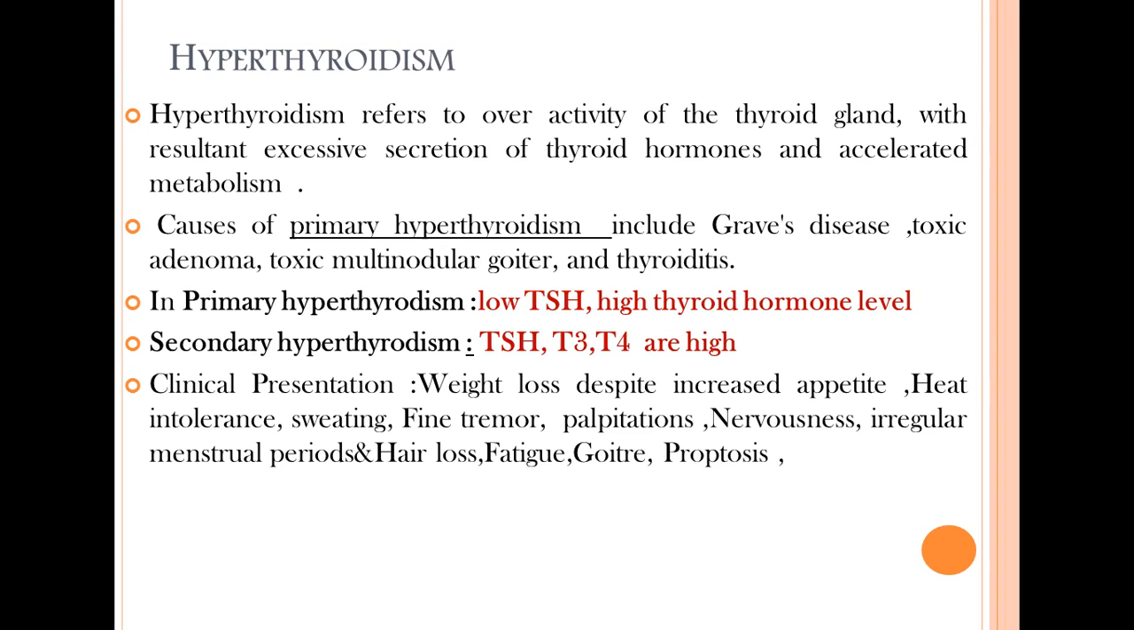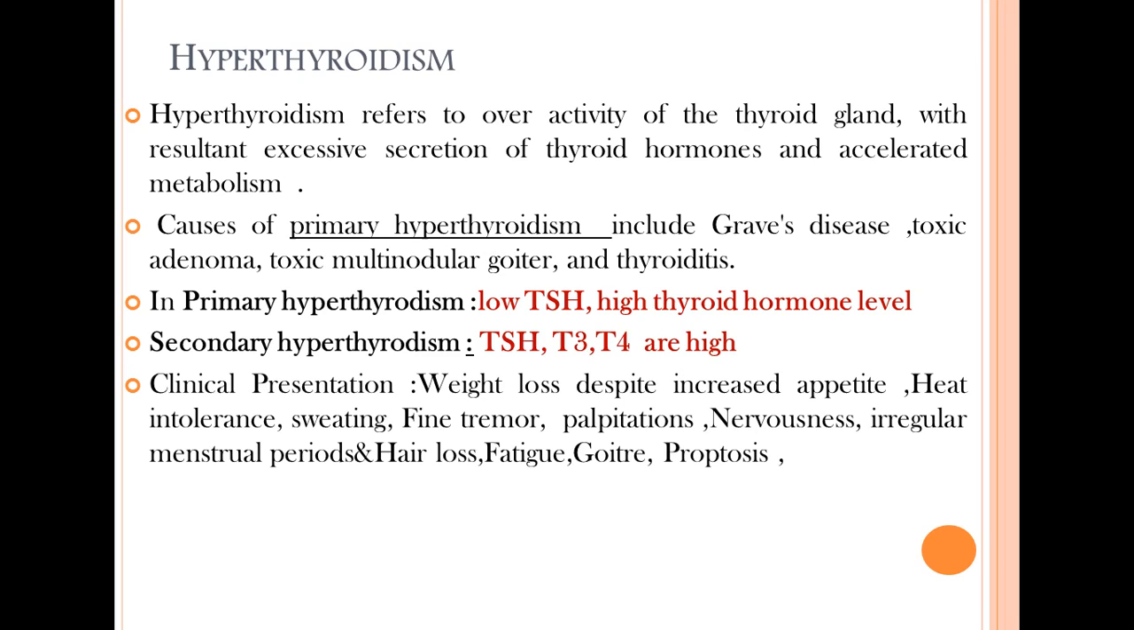Hyperthyroidism is a hypermetabolic state. There will be overactivity of the thyroid gland, and there will be excessive secretion of both T3 and T4. In primary hyperthyroidism, the defect is in the thyroid gland itself, and there may be a toxic adenoma that secretes uncontrolled autonomous large amounts of the thyroid hormone, maybe toxic multinodular goiter, maybe Graves' disease, maybe